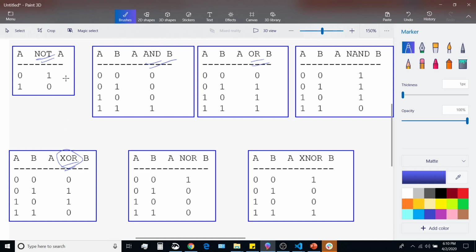So just a quick refresher. For not, what it's basically going to do is like this: a, and in case of not a, it's just going to be the reverse. In bitwise operation, it's basically this. Okay, so if a was 0, it's going to be 1. If a was 1, it's going to be 0. This one, a and b,